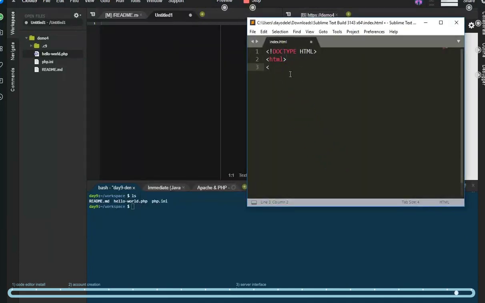And then now that it knows that it's an HTML file, it's going to allow us to have code completion. So we're going to quickly just create a very simple HTML document here. I'm going to call the title home page. And actually, we're running out of time. I'm going to finish writing this HTML document in the next video. I don't want this to run too long, so